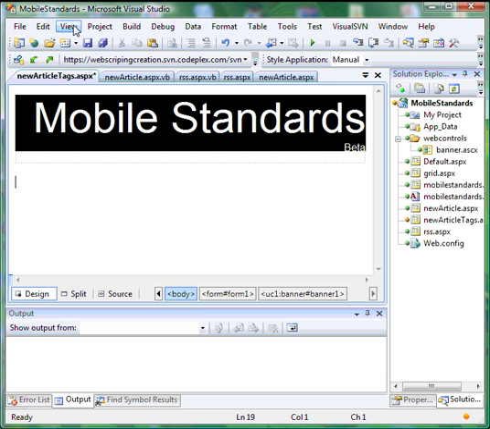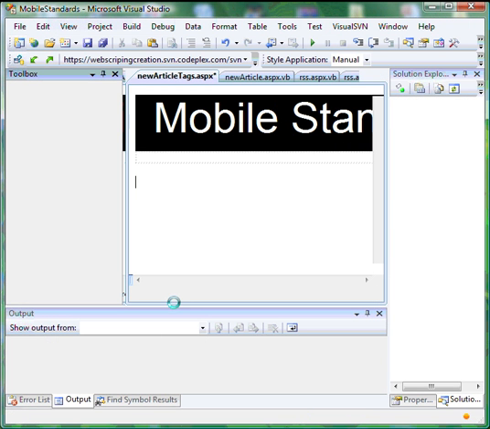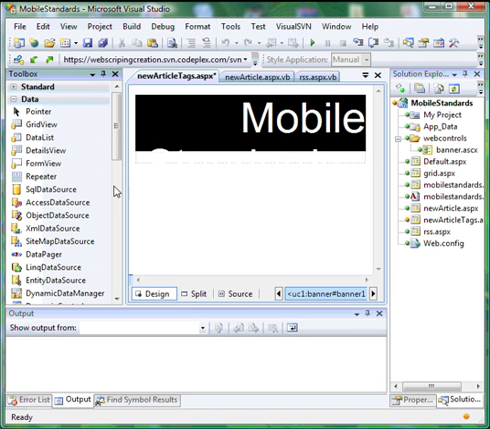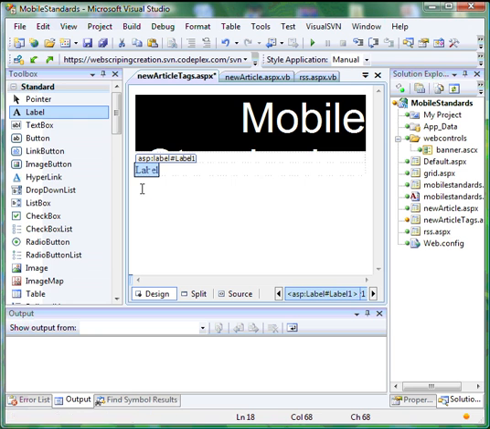So let's view toolbox. We'll bring up the toolbox, and then add a placeholder with a label. Actually, at this point we don't need a placeholder right at this moment. We'll just add a label here,